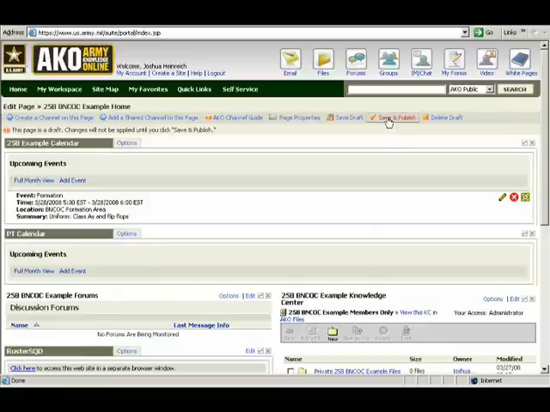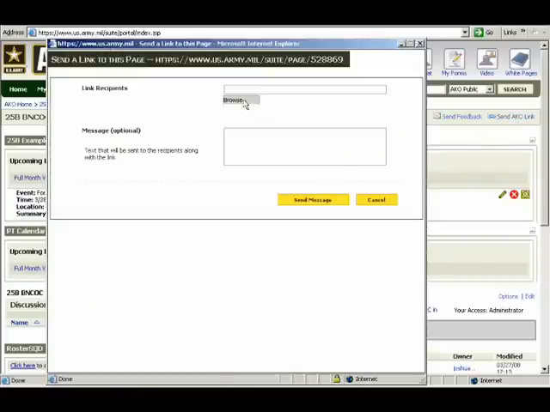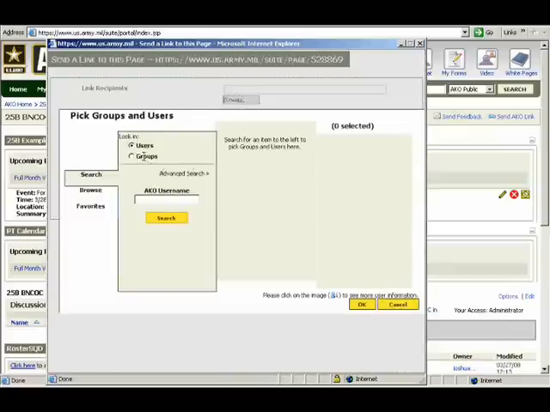The thing you've got to do to actually publish this is click Save and Publish. Publish this page, okay, and that basically saves it and allows your users to actually see it. After that, you may want to inform your users that you have a page. You just do that by clicking Send AKO Link. What you're going to do is look for your recipients, and what I did is I just go to Groups, type in my group name,